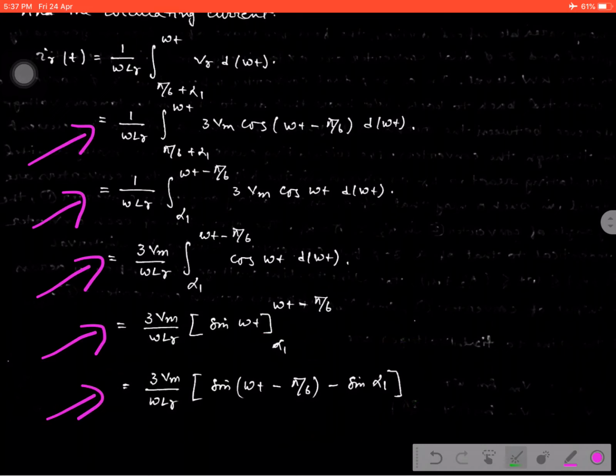So this is a very simple application for industry, to calculate the circulating current expression during the circulating mode of operation. But keep in mind that during circulating